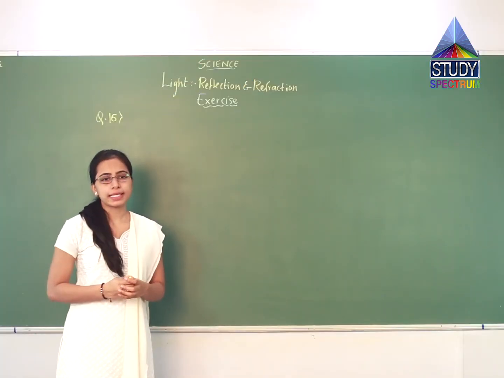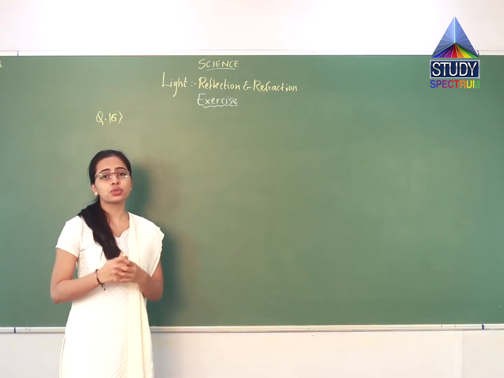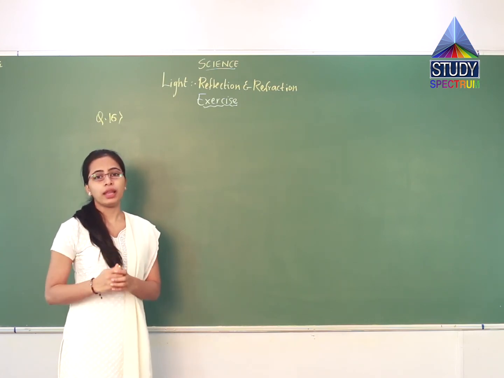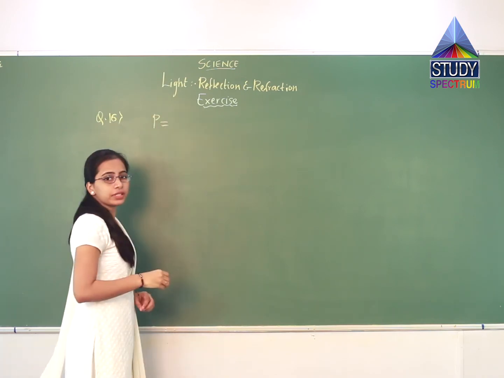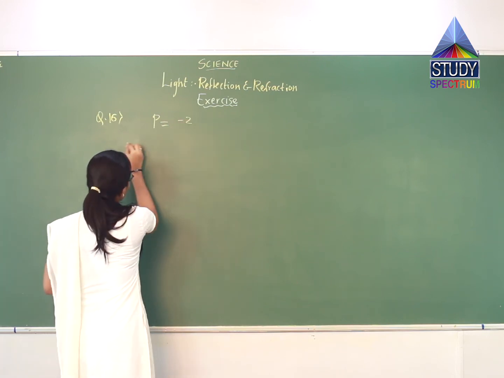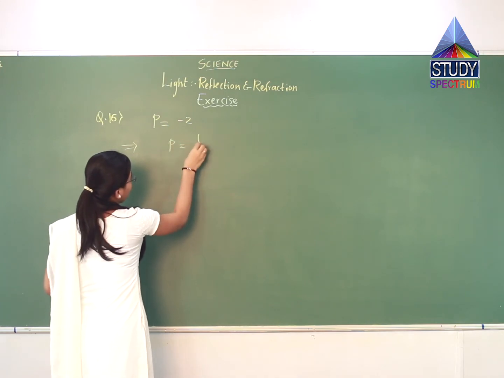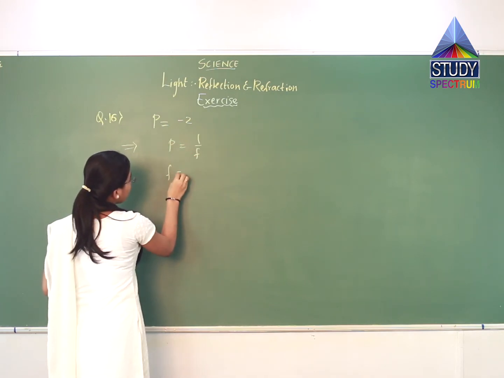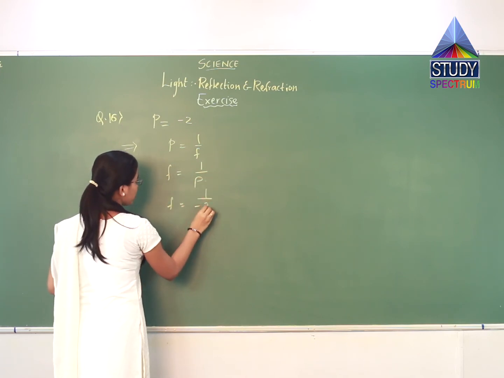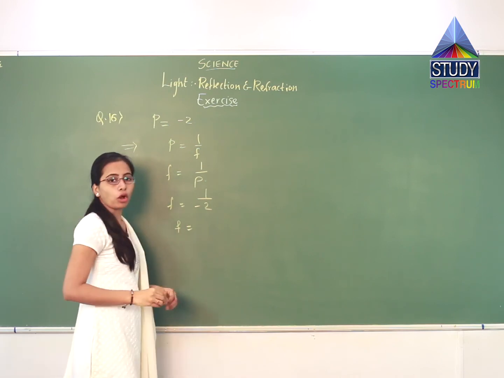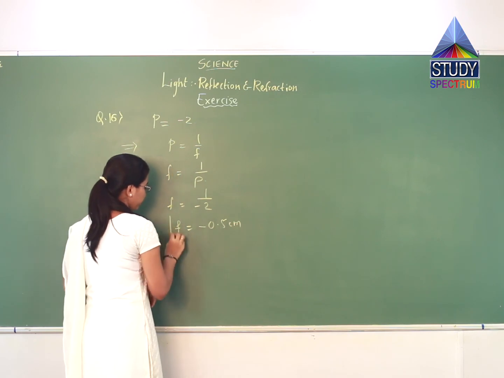Next question is question number 16. It is, find the focal length of a lens of power minus 2 diopter. What type of lens is this? It is very simple. Here power is given and it is minus 2. So I will solve this directly. As you know, power is 1 upon f. So focal length will be 1 upon P. So focal length you will get 1 upon minus 2. So it will be, on calculation, minus 0.5.